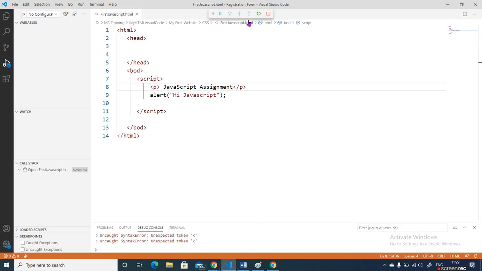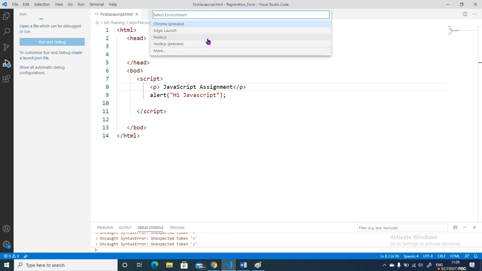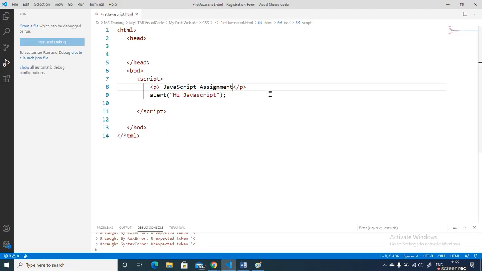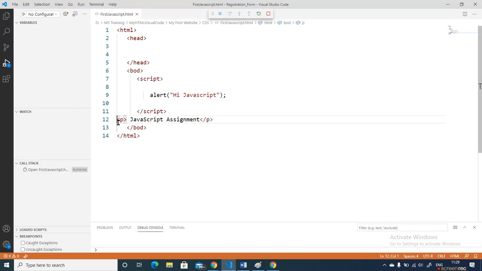I'll save this, refresh, and run again. Start debugging in Chrome. You can see the JavaScript assignment. So the browser knows the meaning of this paragraph: whatever the content in this tag, I want to display on the page. It means the browser knows HTML.